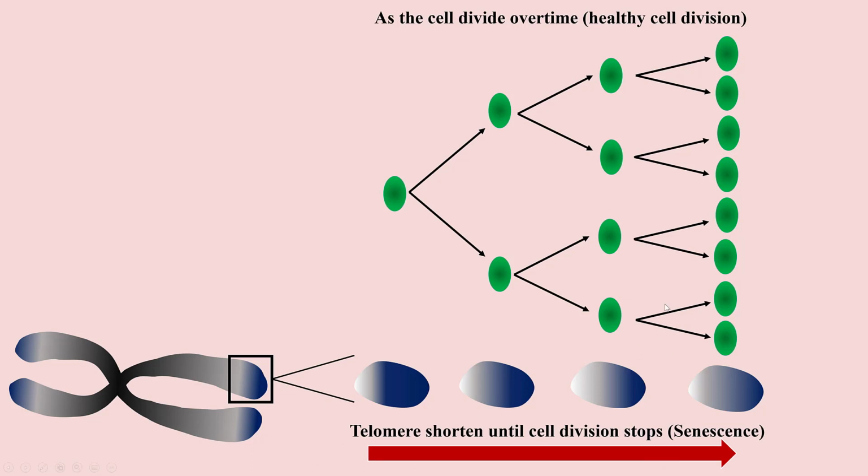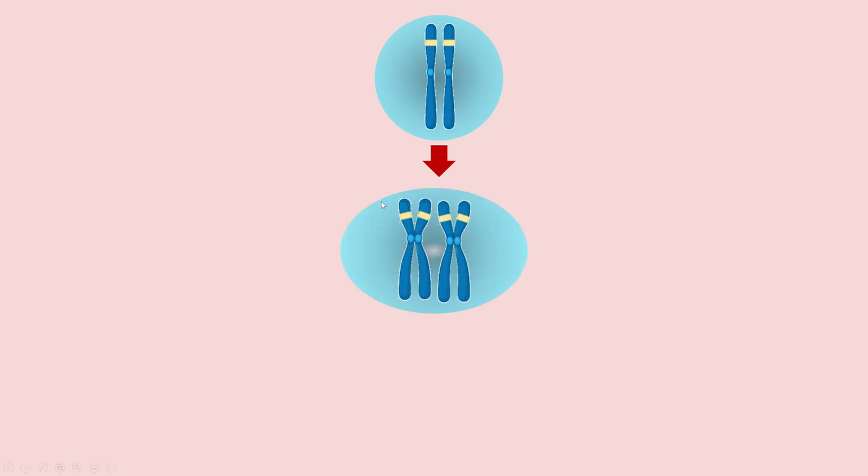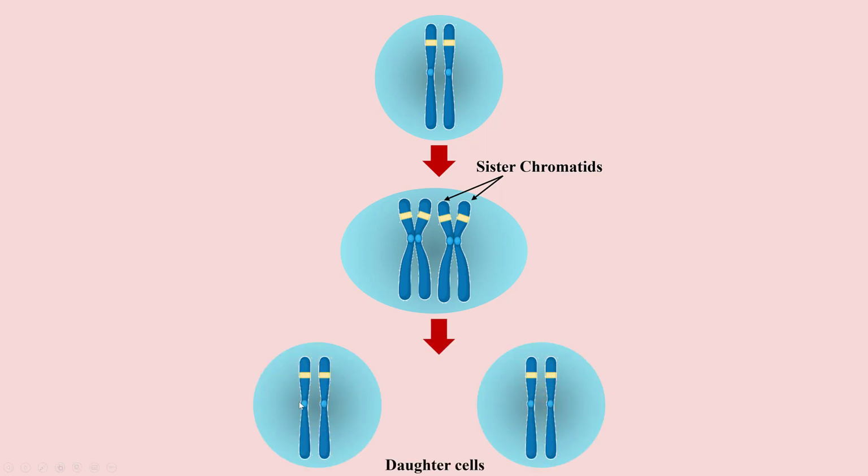There are some terms that are used with chromosomes. Let's understand. In a human diploid cell, which is every cell in your body except for reproductive cells, there are two versions of every chromosome, one maternal and another paternal, which makes two sets of 23 chromosomes. That is a total of 46 chromosomes. Each chromosome will duplicate through DNA replication to give two identical sister chromatids. During replication, both identical sister chromatids are attached at the centromere region, and are pulled apart during mitosis so that each daughter cell can have a complete set of chromosomes.